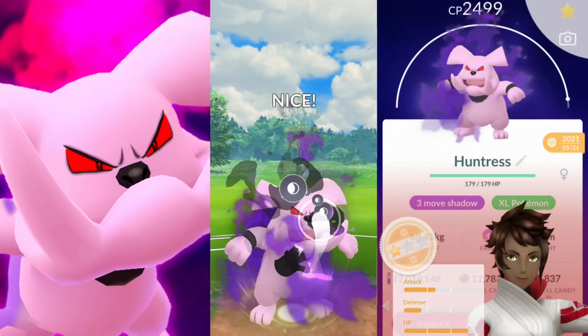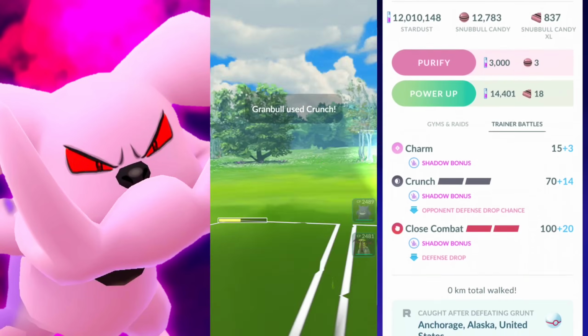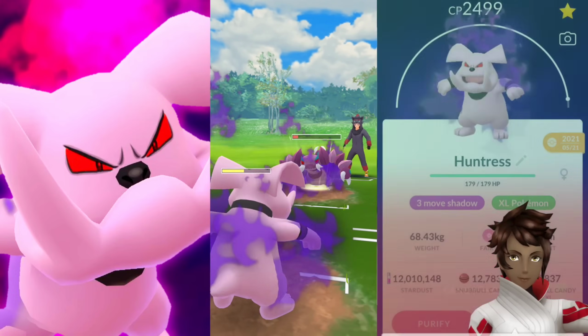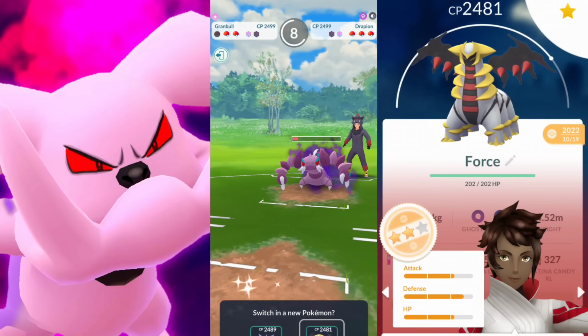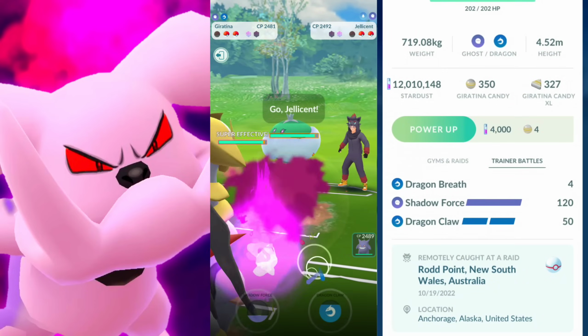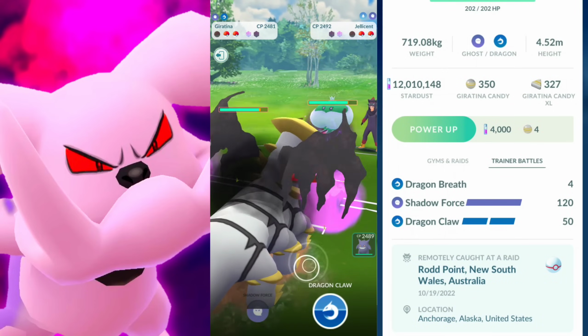All right, so Shadow Gengar is amazing. I mean, it hits so hard, right? But it can't take a hit. So you got to make sure you have a shield or you just plan it all perfectly out for the Gengar. And we're going to be going with Giratina,